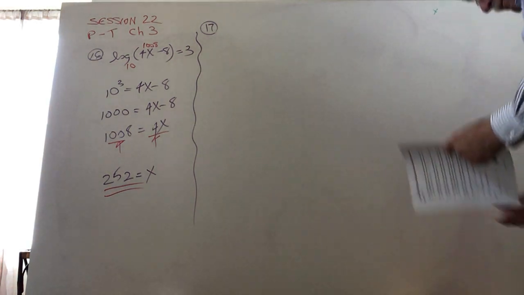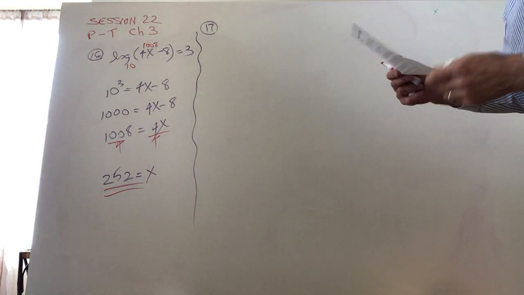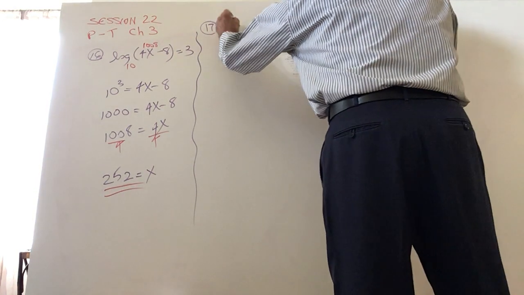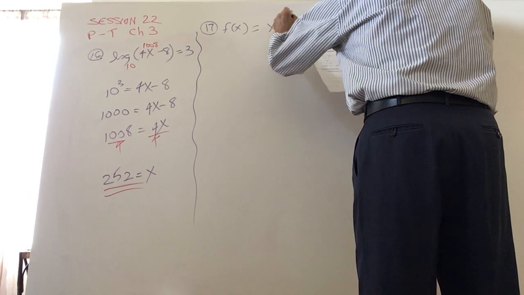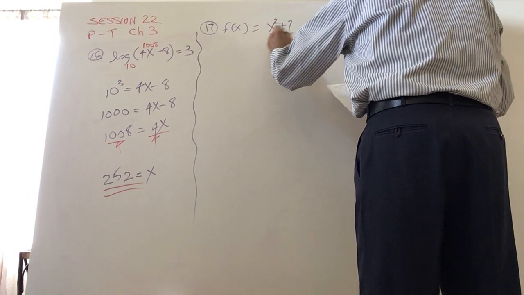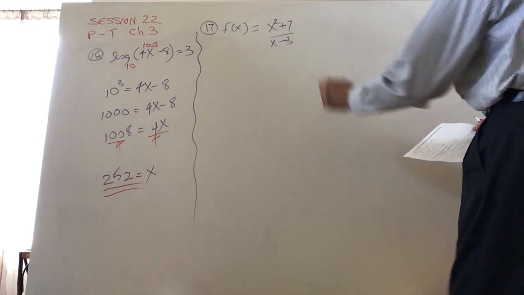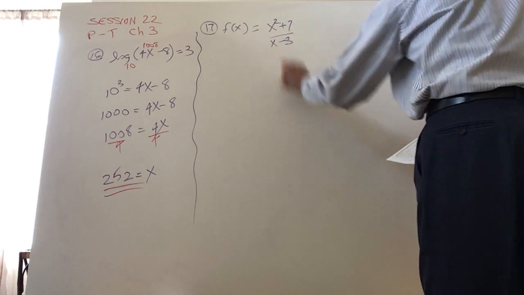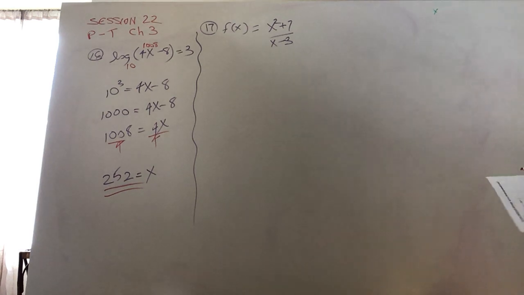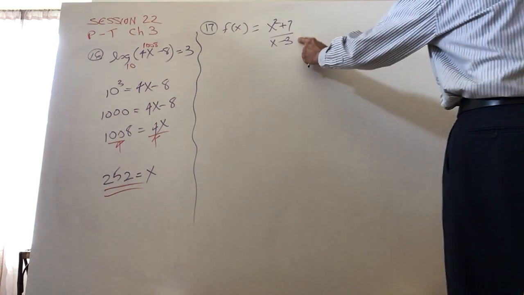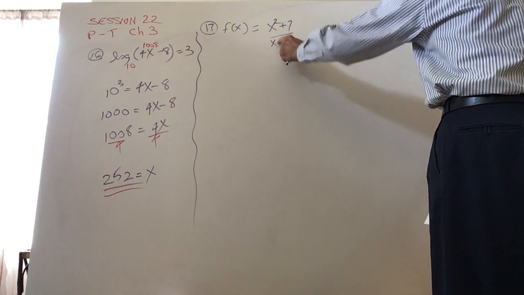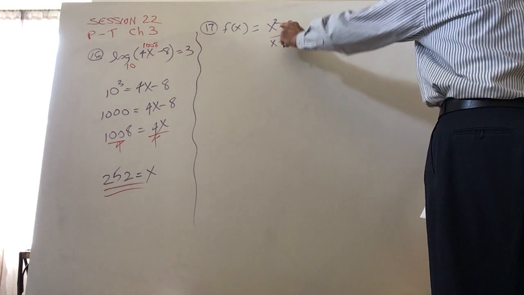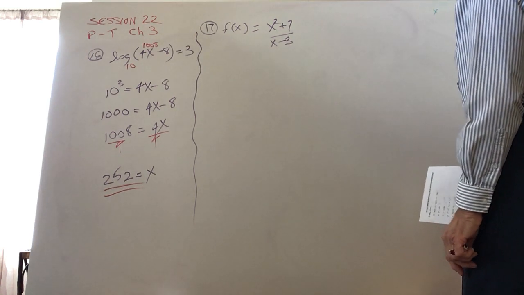Going on to 17, our review type problems. Now for 17, we're looking for the oblique asymptote for f of x equals x squared plus 7 over x minus 3. Oblique asymptote, there are 3 particular asymptotes to consider. One is the vertical asymptote. You should know how to find that by setting the denominator equal to 0. The horizontal asymptote, if there was one, would have to have the exponents the same. These are not. Because this numerator is one more, it's going to be an oblique or a slant asymptote,